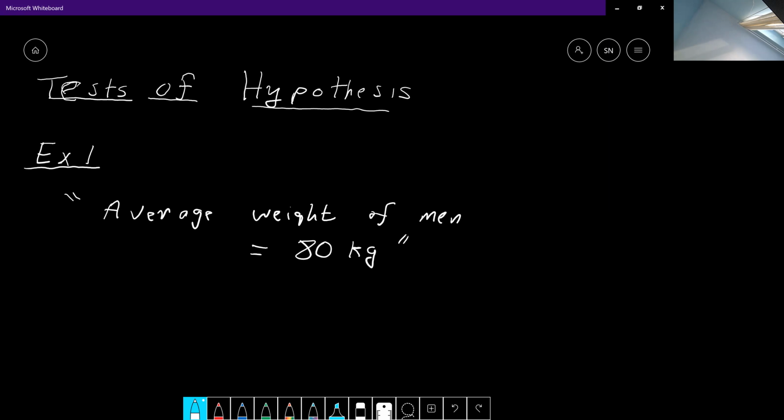That could be a hypothesis. But for every hypothesis, there's an alternative hypothesis. So, for example, you could test the statement that the average weight of man is equal to 80 kilograms